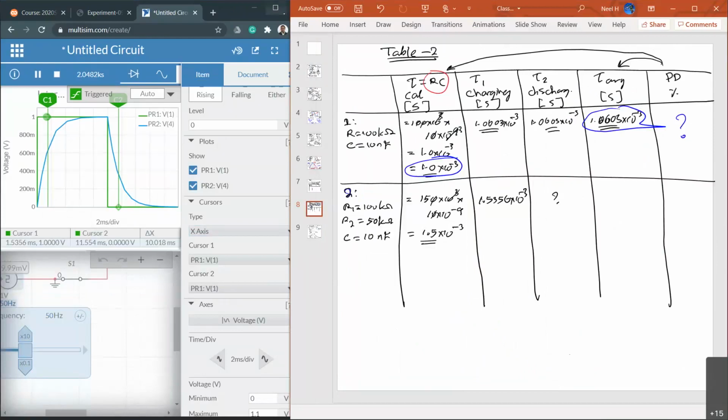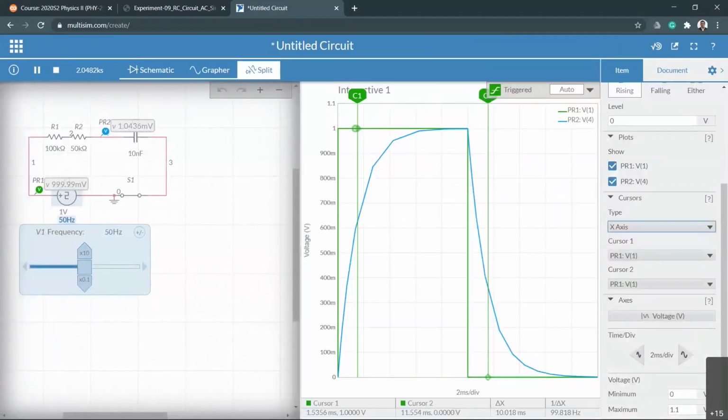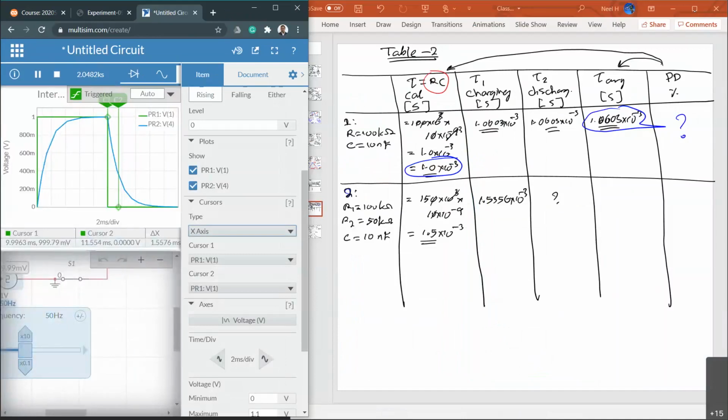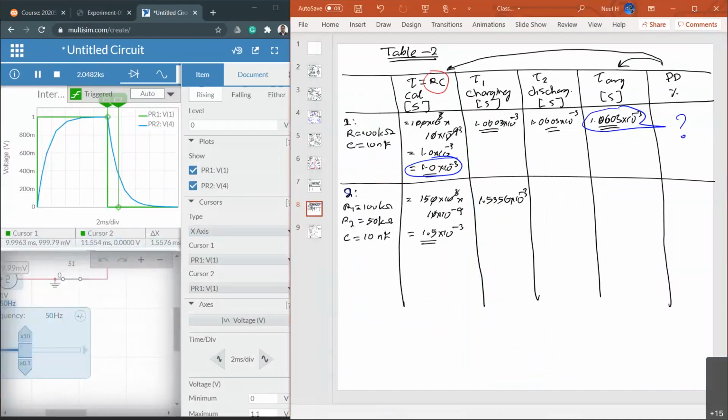So what I did, I brought cursor number 1 all the way to the second vertical green line. Then if you look at the 1 over delta x, delta x is actually the time between the two cursors, and that is now 1.5576. So that's the answer we're looking for. That's easy to measure, right? You have to adjust and learn depending on the situation. 1.5576